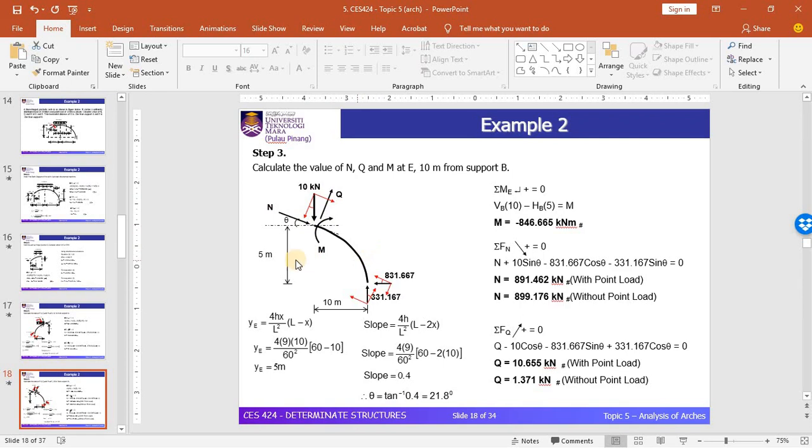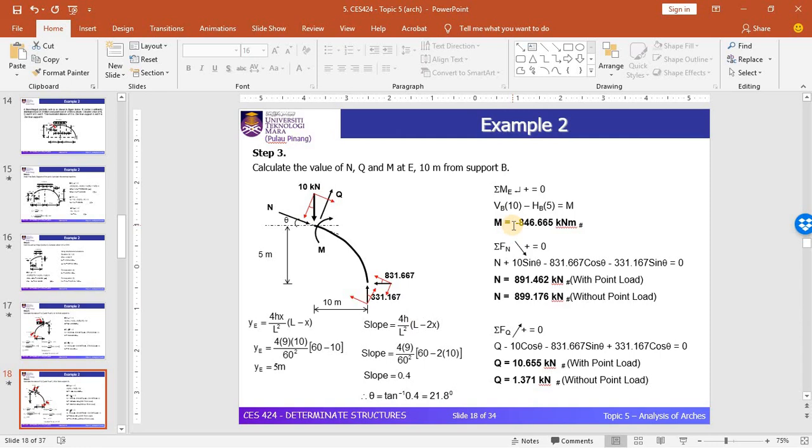Okay, so as usual we need to find out the Y and the angle. Since this is point E, the height is denoted as YE, which is equal to 5 meters. The theta is equal to 21.8 degrees. Once we have obtained this YE and theta E, you may proceed to find the internal